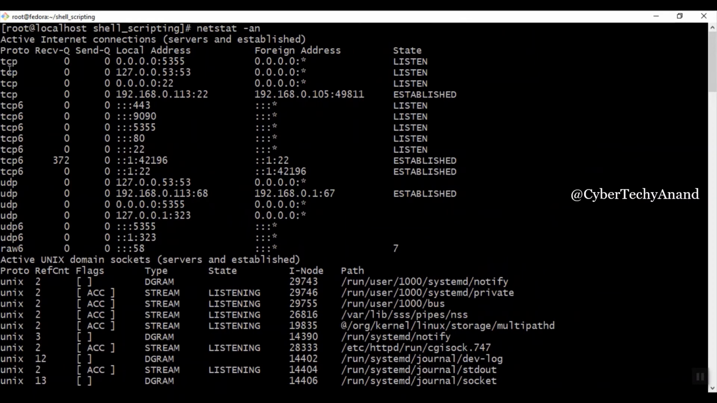TCP connection is established between this IP address. Local address to foreign address, it is established. And the others are in the listening state. So you can see what all the ports are open. From this data, we will be able to understand